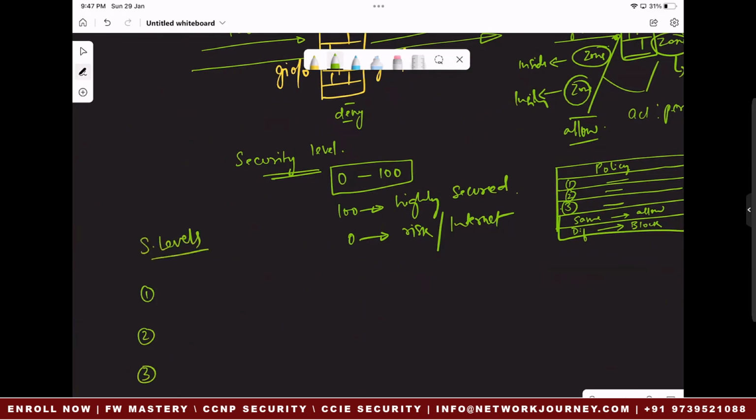If it is from a higher security level to a lower security level, what does it mean? It could be from inside to outside. Without a policy, you have an allow statement. In the case of ASA, you don't need any special policy for that. Okay, if the condition is meeting higher level to lower level, from 100 to 0, 99